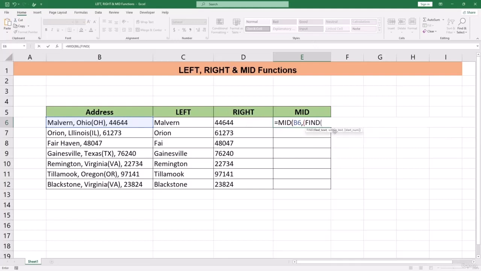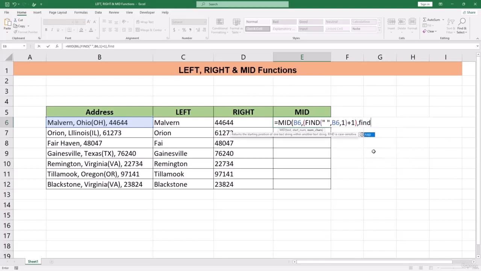After giving this find, we need to give the double bracket as find text and then give a comma and select the box or the address box that we have, and give comma and 1 and then close the bracket, and we will add with 1, right? After that we will close the bracket and give a comma. So we have been able to figure out the first or the left text, and after that we have to find